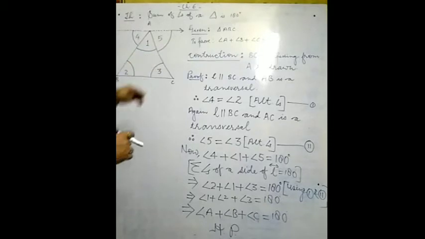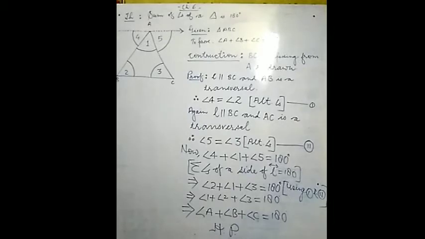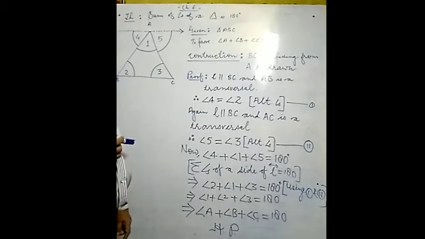This line L is parallel to BC. What is the role of this AB and this AC? Very obviously you may observe, if L is parallel to BC, the role of AB as well as the role of AC is a transversal. Both are playing the role of a transversal. So the property will relate to a transversal, and which type of lines are there? These are parallel lines intersected by a transversal.